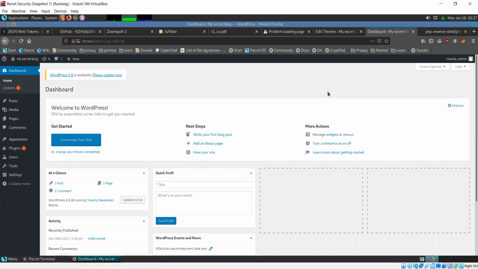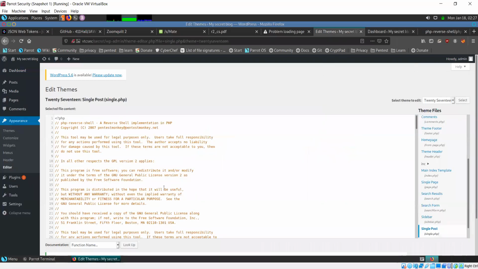Coming back to our process, we found a website, we logged in, we went to the editor and we inserted code for a PHP reverse shell in one of the templates for the website. We came to our system, opened the Netcat listener to handle that connection.